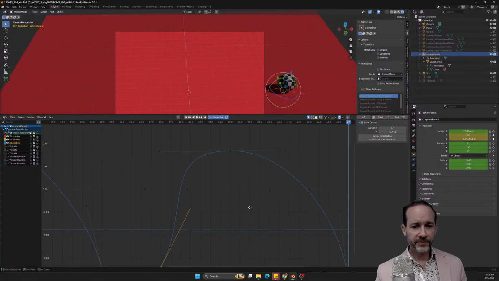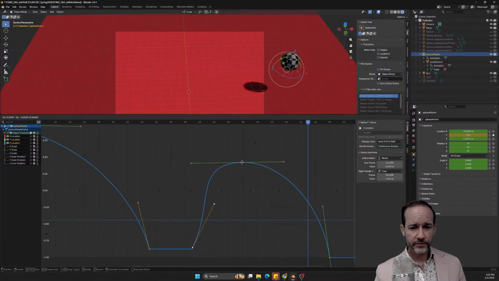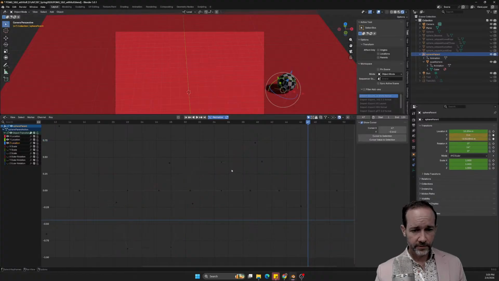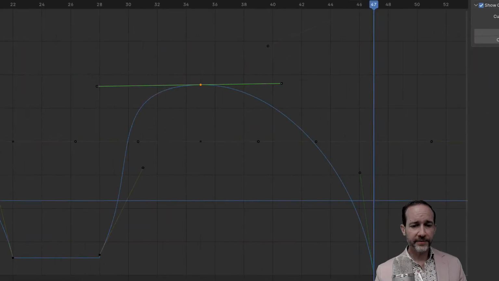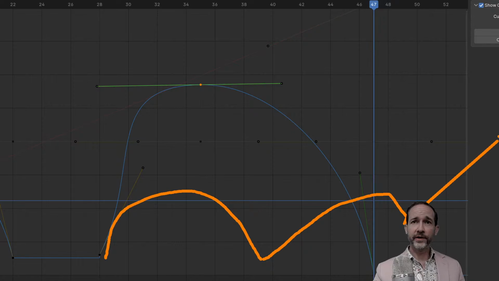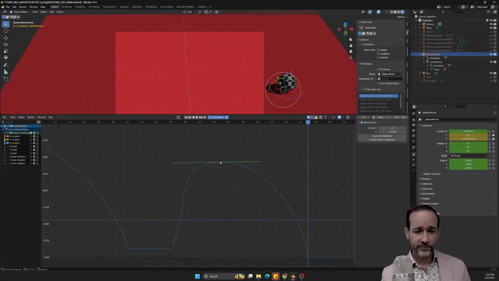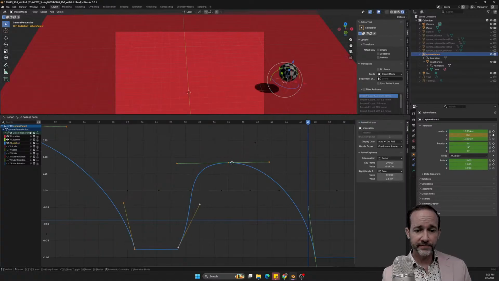Okay, that starts to mess up the second bounce, which we can compensate for. Whoops, not all of them. Just grabbing this one, right? Anytime you have a bounce that used to be symmetrical, and then it ends up looking like that, that's not going to look good. It's going to look like gravity is operating with one power on the way down and another power on the way up, right? And so that's what we have here. We need to make this symmetrical and even.